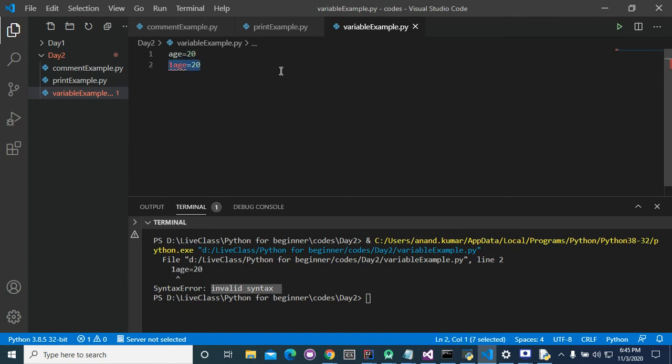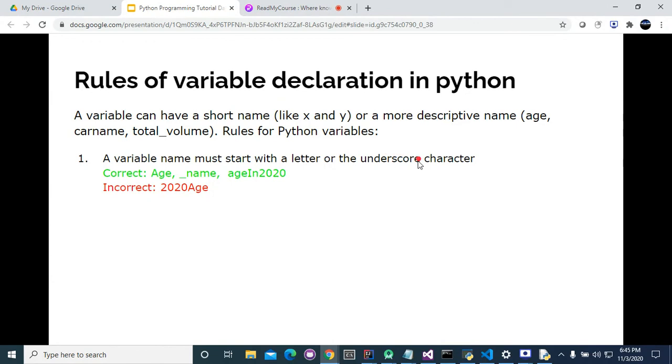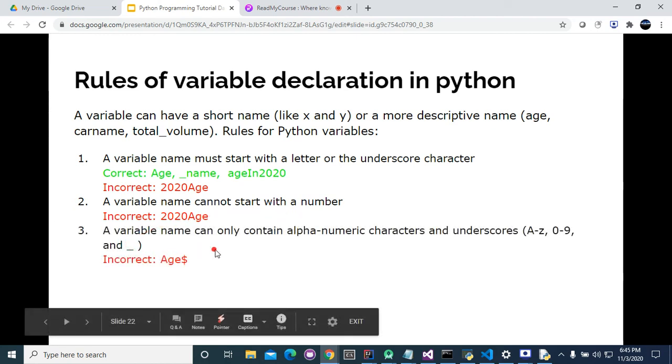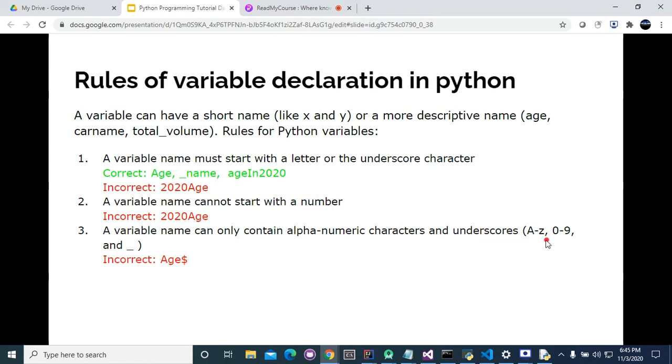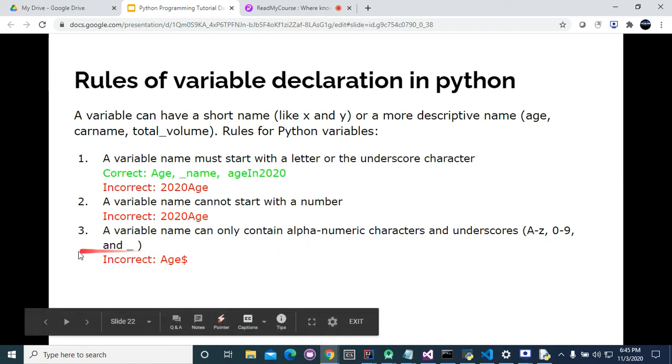Now, what is the second rule? A variable name cannot start with a number. I already gave you this example. A variable name can only contain alphanumeric characters and underscores: A to Z, 0 to 9, and underscore.